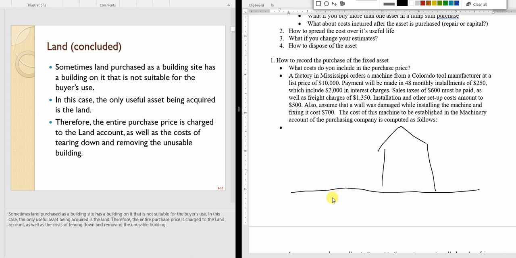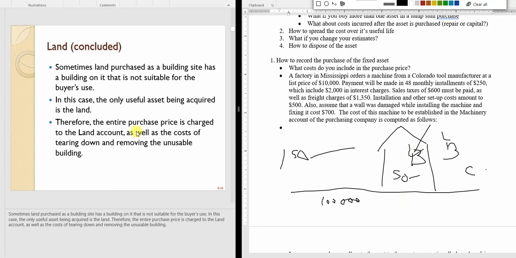Okay, alternatively, I could buy a piece of land, and my intent was to use the building. In that case, if I paid $150,000 for it, and I assigned $100,000 to the land, and we'll get to a lump sum purchase in just a second. But let's say that the land was appraised at $100,000, the building was appraised at $50,000. I'm going to debit land for $100,000, debit building for $50,000, and credit cash